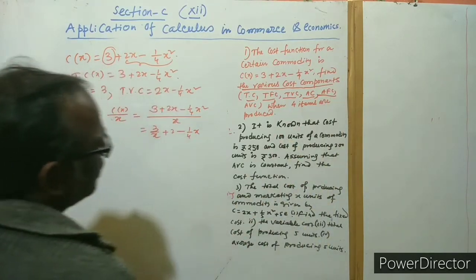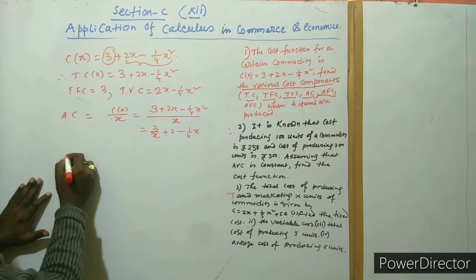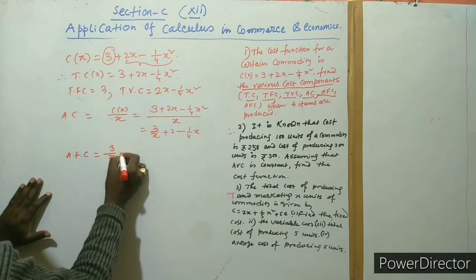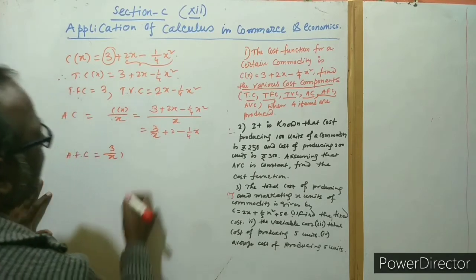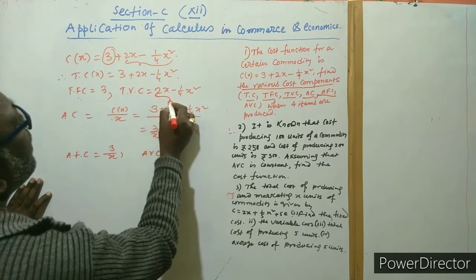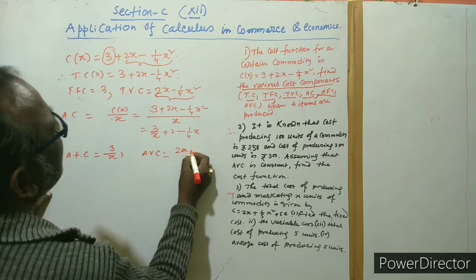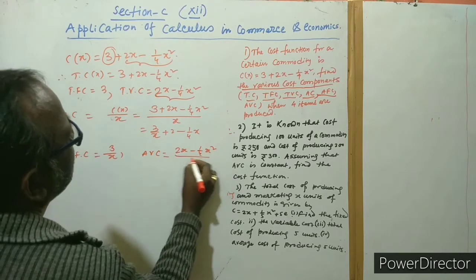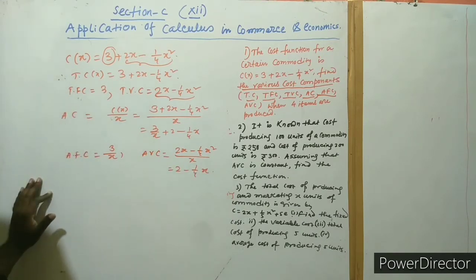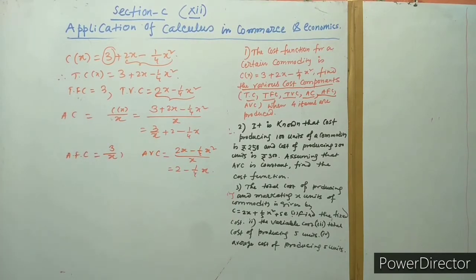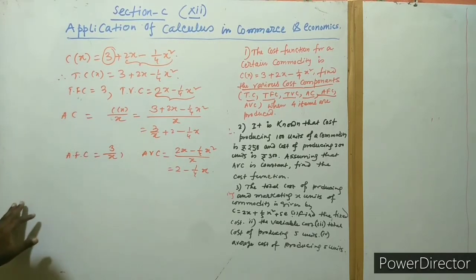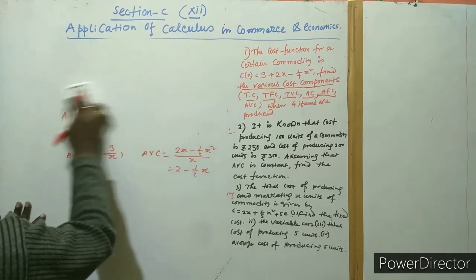And now average fixed cost. Fixed cost there is 3, so 3 by x is called the average fixed cost. Okay. Average variable cost: the variable part is here, only the variable cost, that by x. We can write it here like this. So this is some basic idea of all the components which I introduced here. See carefully. I think all of you have understood better.